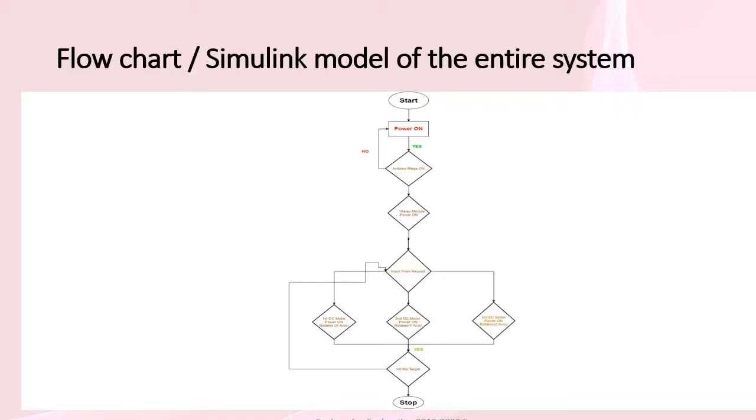And after the first motor getting powered on, the second DC motor gets powered on, which is used for the angular movement, and next the third DC motor gets powered on, which is used for striking the coin. When all the 3 DC motors get powered on, it will hit the striker and the process comes to an end, which is stop. If we want to hit the coin again, we go back to the input from the keypad, and then all the 3 DC motors get powered on and it will hit the target. So this process continues. So this was the flowchart of the entire system.